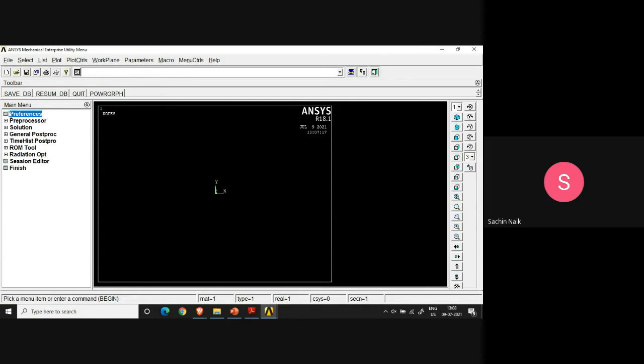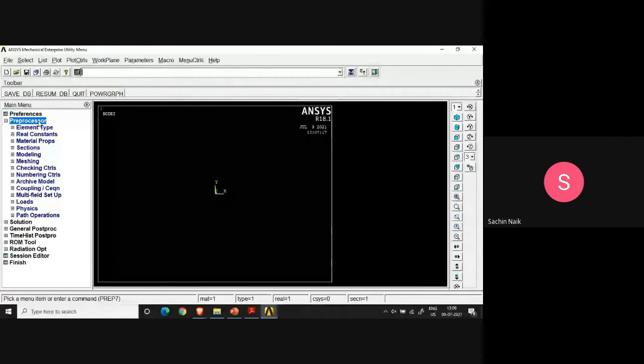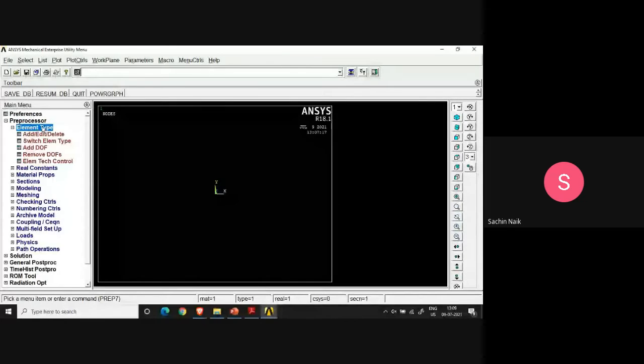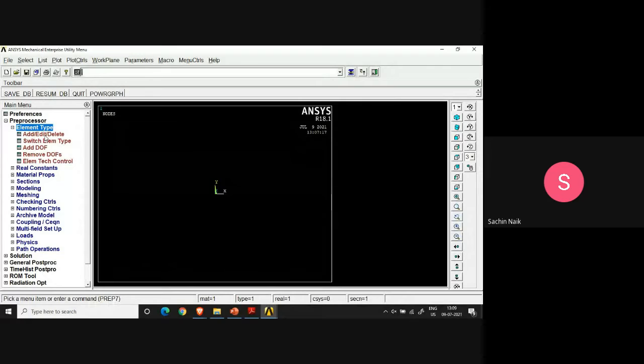Okay. So now, we have to first of all go for defining the element type. So we go to the preprocessor, we go to the element type, and our plate problem is essentially, thickness not required, because it's going to be a thin plate or a plate of sufficient thickness, but it's going to be uniform in the thickness direction, and we have made the plane strain assumption.